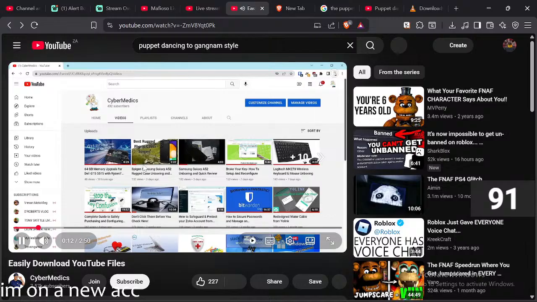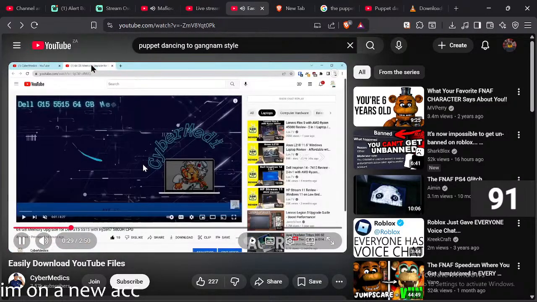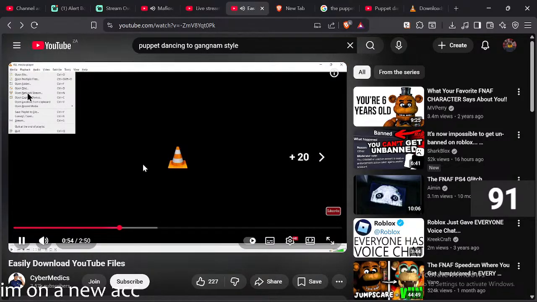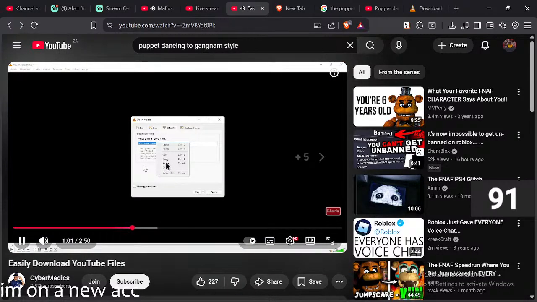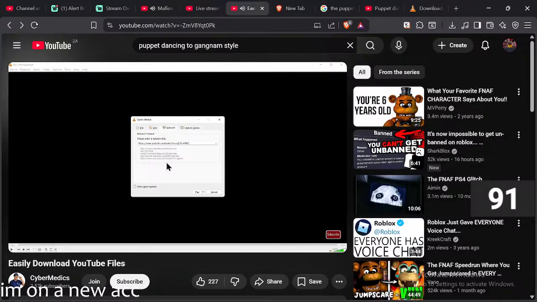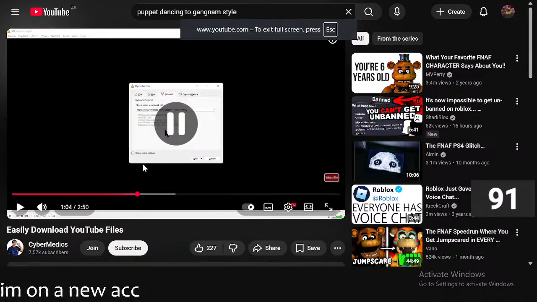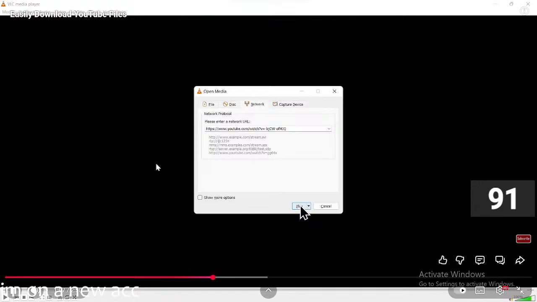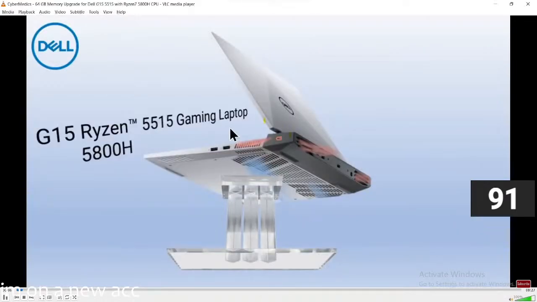So go to that tab, highlight the URL here and do the media open networks and then you're going to paste what you had just copied. You're going to come down to play and press play. It will begin to